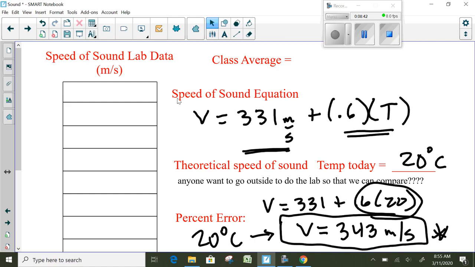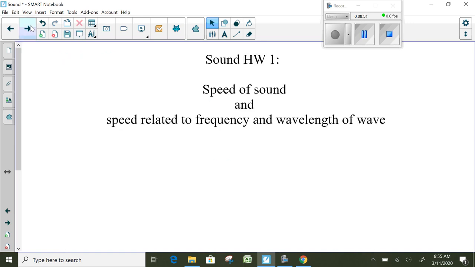When you do the homework set, Mr. Deaver will give you the temperature, and you'll have to calculate the speed of sound for that temperature, or it will just be 343. Homework number 1, which you can find, is going to be a bunch of basically